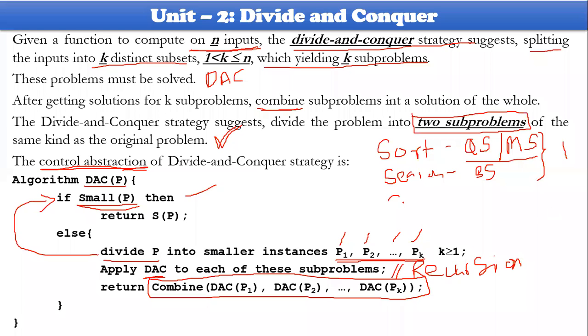If we take Strassen's matrix multiplication, SMM, I am unable to write it completely. In Strassen's matrix multiplication, normally a one by one matrix cannot be multiplied. One by one matrix cannot be multiplied. So this particular problem will be taken, and the minimum element will be a 2 by 2 matrix. 2 by 2 matrix will be there, then you have to operate divide and conquer.